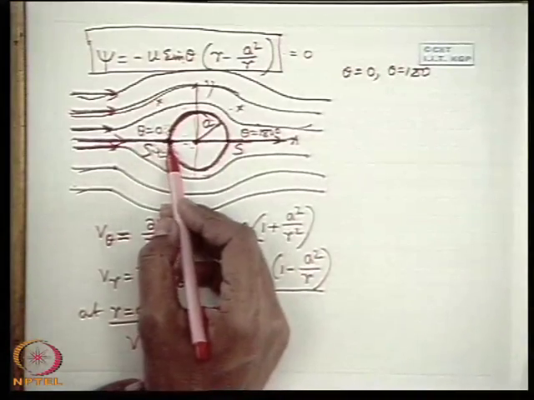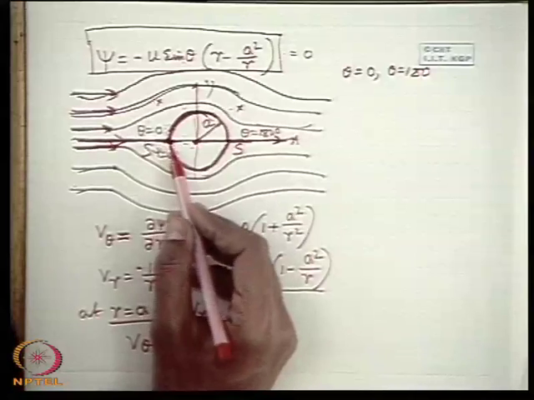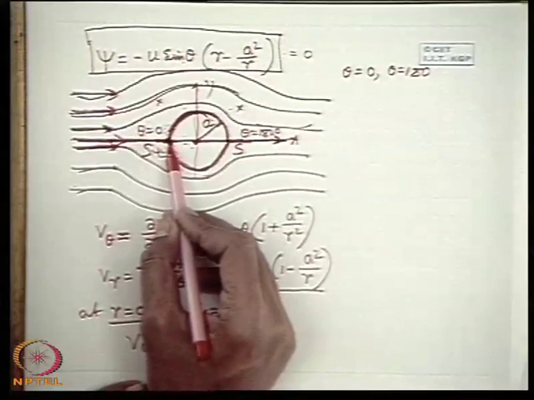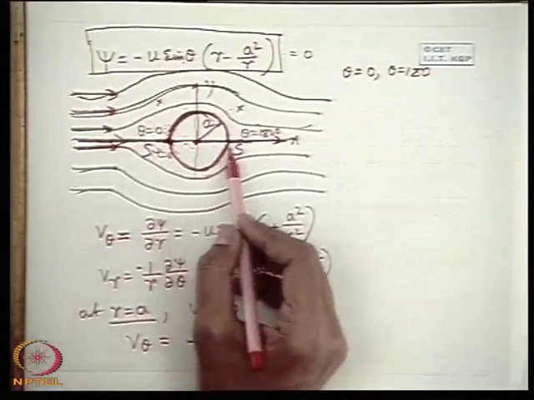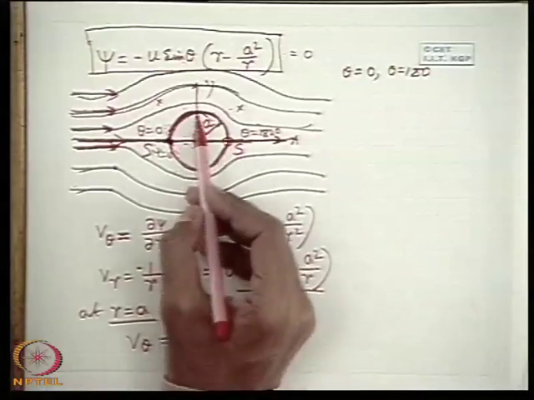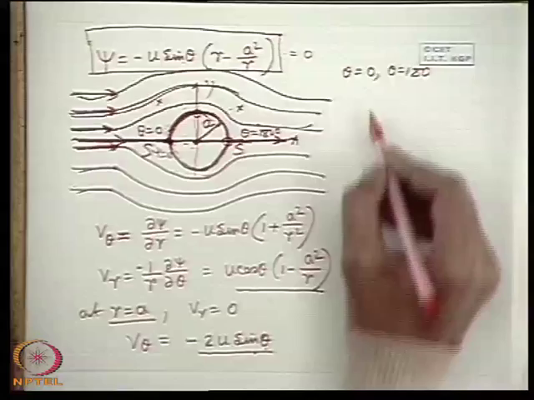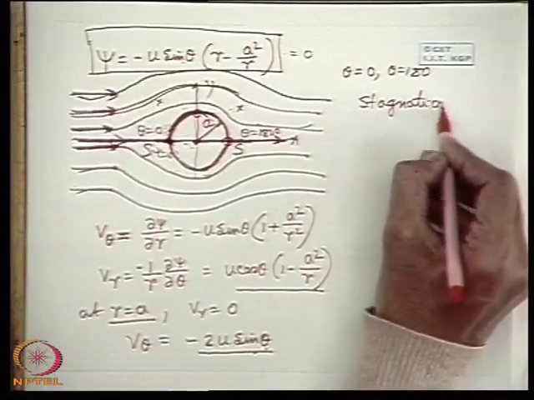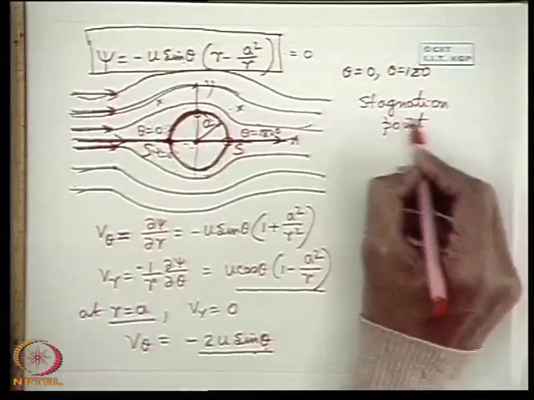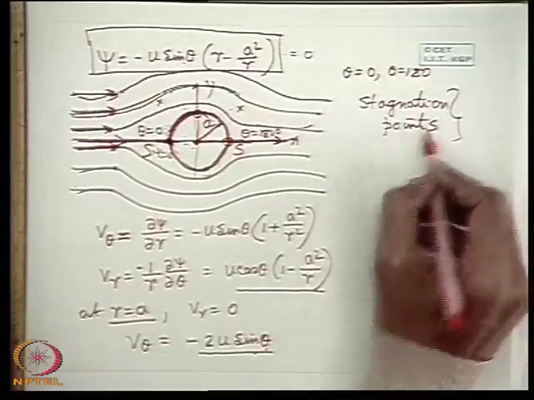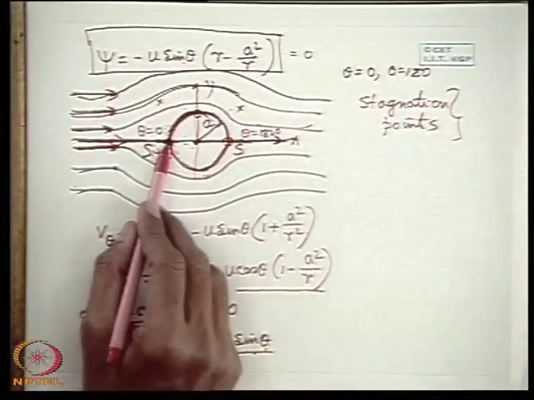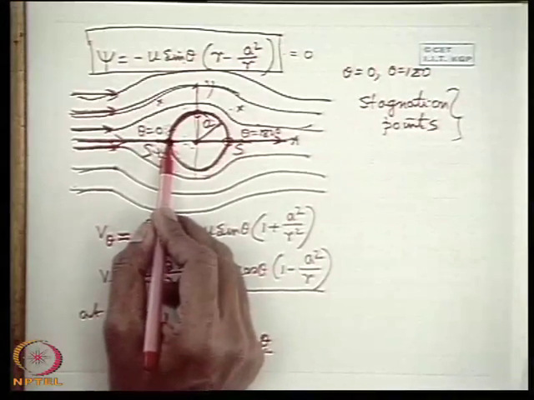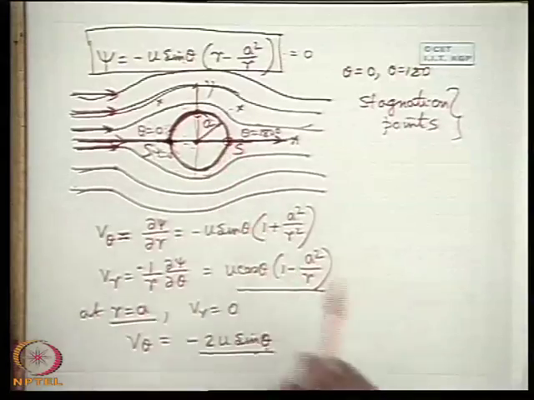That means the kinetic energy cannot be converted into intermolecular energy because the fluid is frictionless. So velocity is converted into pressure, and there the fluid particle is at rest. Similarly, the fluid particle is at rest here. It reaches the maximum velocity here. These 2 points are known as stagnation points, where in a flow field the flow velocities become 0. These are the points at theta equal to 0 and theta equal to 180 degrees. This is known as the forward stagnation point, and this point is known as the rear stagnation point.